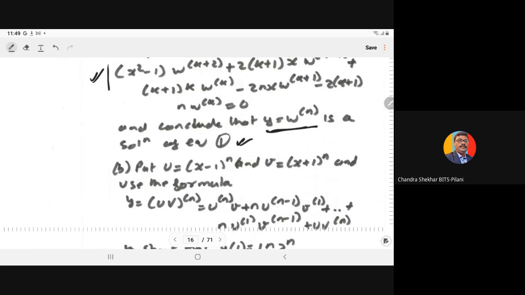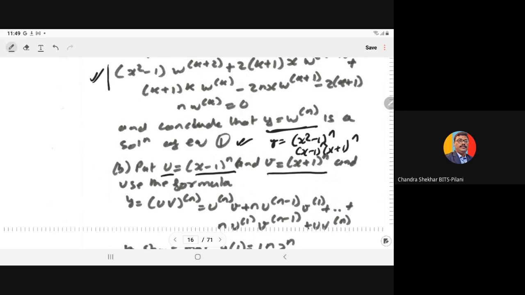So here w is what? w is (x square minus 1) to power n, and this can be written as (x minus 1, x plus 1) power n. So here we have the power n and power n. Let's say u is equal to (x minus 1) to power n, v is equal to (x plus 1) to power n, and